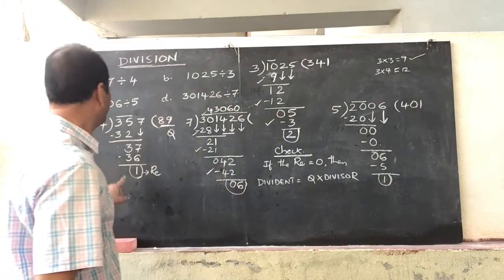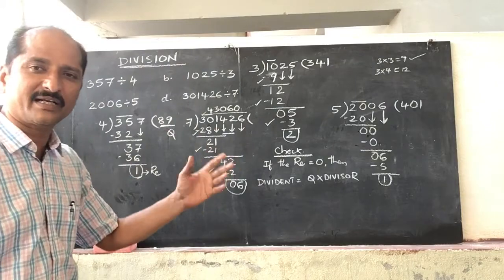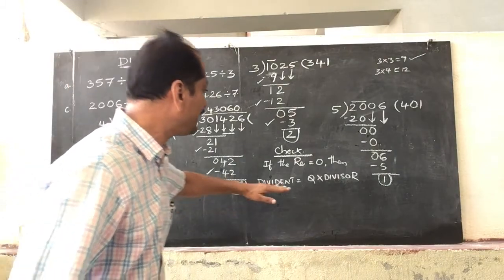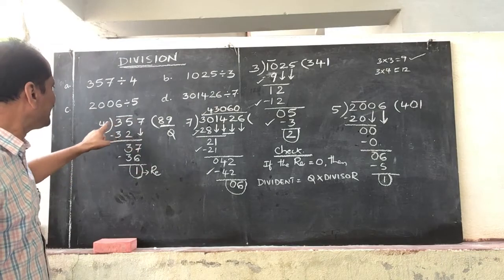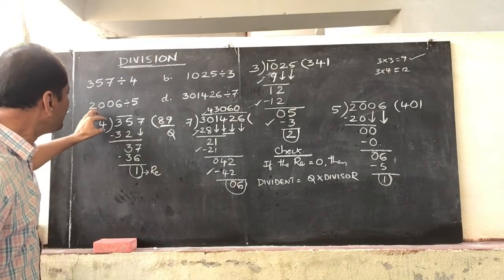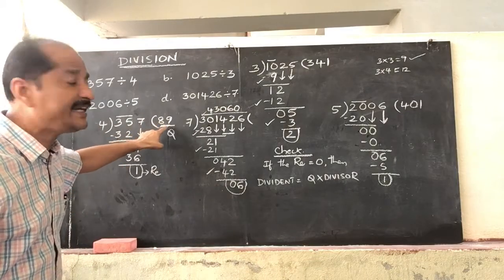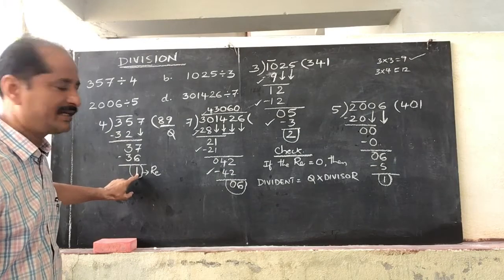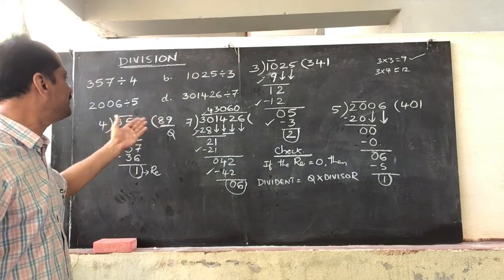That means, observe carefully. Here anywhere you got remainder 0. ఈ 4 divisions లో ఎక్కడ కూడా మనకి remainder 0 రాలా. If you are getting remainder 0, then what can you say? Dividend is equal to quotient into divisor. That means here in this division, what can you say? 357 divided by 4 means how many 4s are there in the 357 we are saying. So here we have got 89 4s in 357 and 1 is left over. If 3 more is there, or otherwise 1 less, then this also becomes divisible by 4.